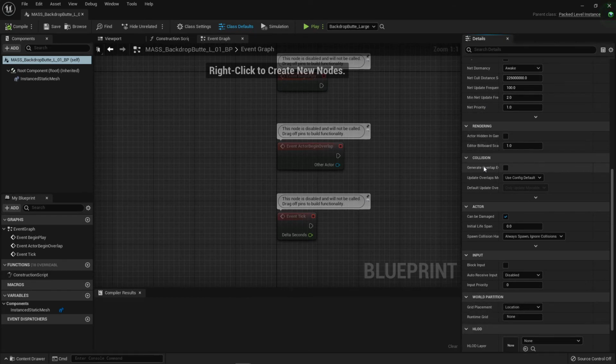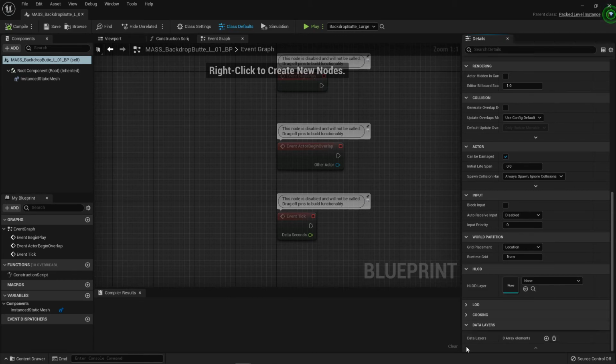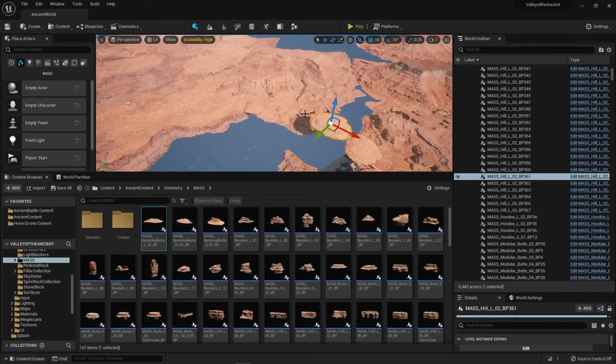So location, grid runtime none. So the high lot or hash lot is also not set. So that is correct what I was saying. Only the data layer also not. So it's also not part of any data layer. So it's basically just right click your actor, create from selection, select the bottom, and then like that I suppose you need to build up the complete